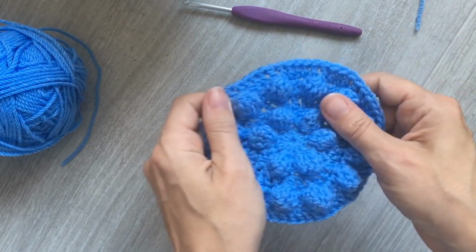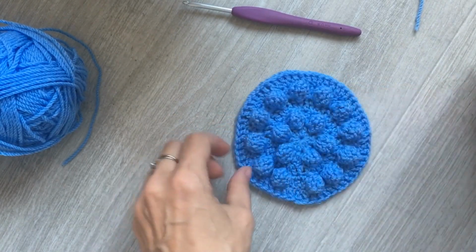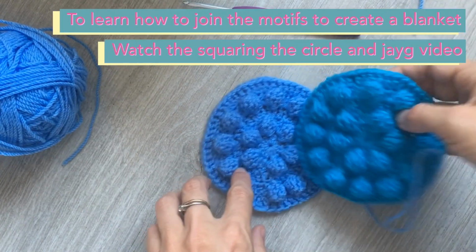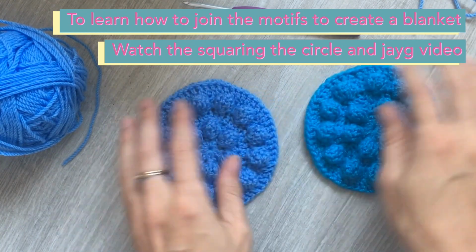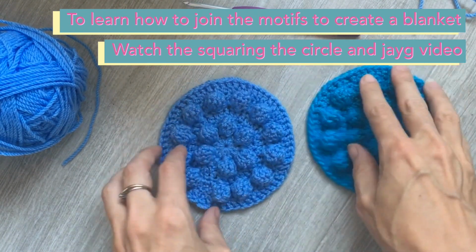And there we have a little motif. It's a little bit different to this one because this one uses a slightly thicker yarn, but once they're all squared out,